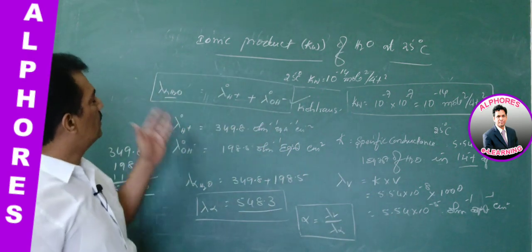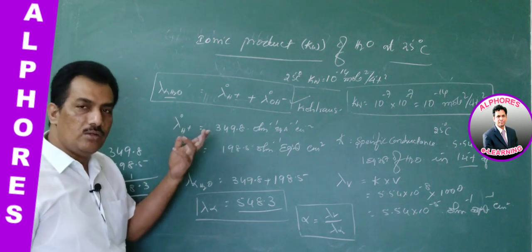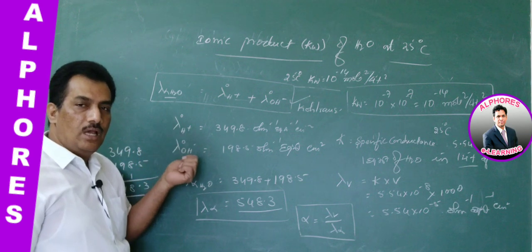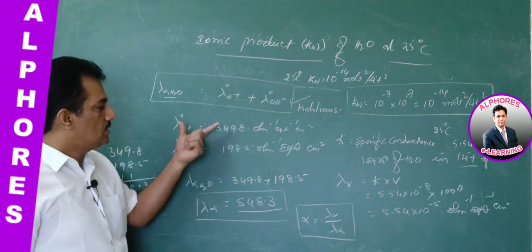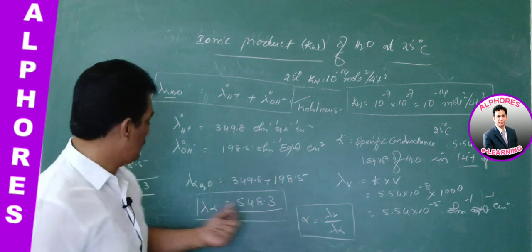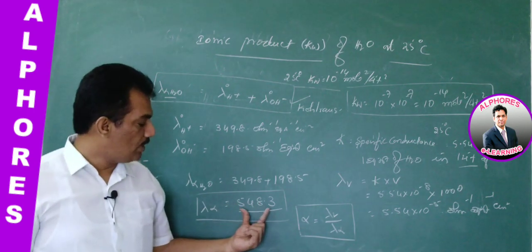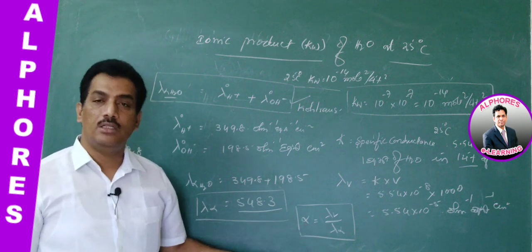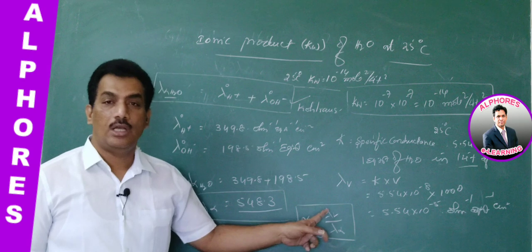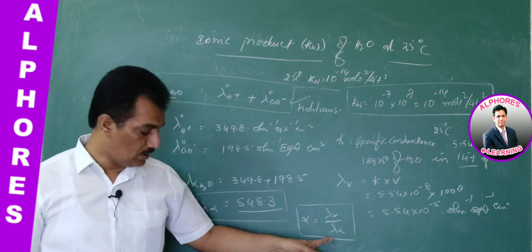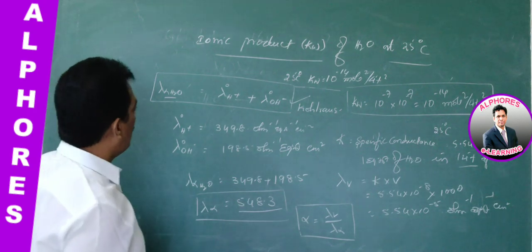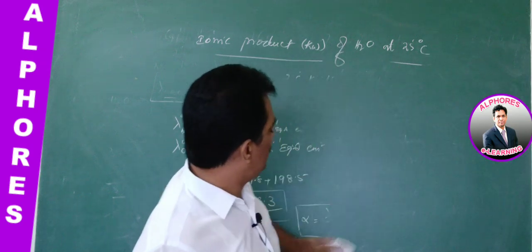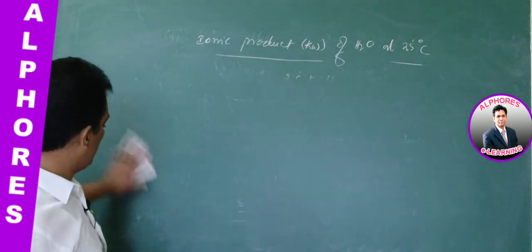On the other hand, lambda infinite of H2O, that is at infinite dilution, the conductance of water is taken from these two values, the conductance of H plus at infinite dilution and of OH minus, simply by following Kohlrausch law, where we get lambda infinite of water as 548.3. And with this, the degree of dissociation alpha, a formula we are already familiar with, is equal to lambda V by lambda infinite. Is it not? Now, let us conclude this. If we have these two values, how can we measure the H plus and OH minus concentrations and thereby Kw?